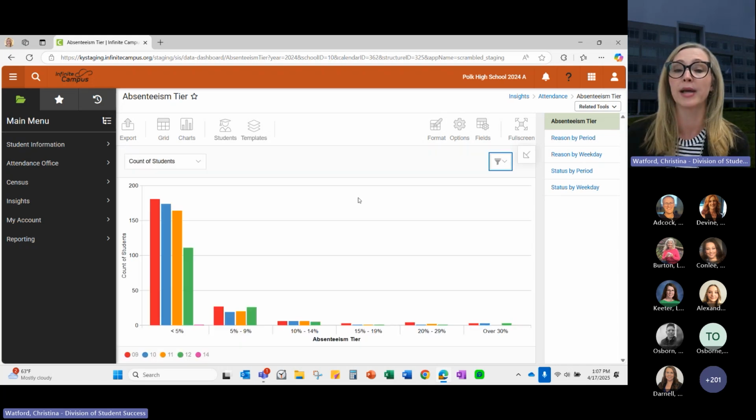I will click apply, and when I do that, it changes my data a little bit. If I come over here, I can see that my attendance data is broken down in the less than 5% category. So these are students who have missed less than 5% of the school days. 5 to 9% of the school days. Third category is 10 to 14%. And then we move on from 15 to 19%, 20 to 29%, and then students who have missed over 30% of the school days. You can also see that there is a legend down at the bottom,